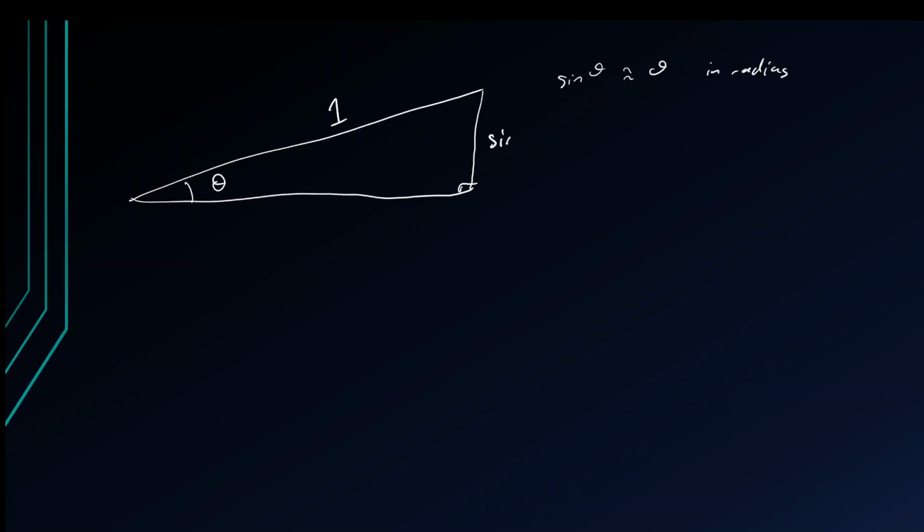This side here is opposite, so that's sine theta, and this side here is cosine theta. Now we can see that cosine theta looks like it's about 1 in this case. However, if we decrease sine theta towards 0, so if we have a really thin triangle like this,